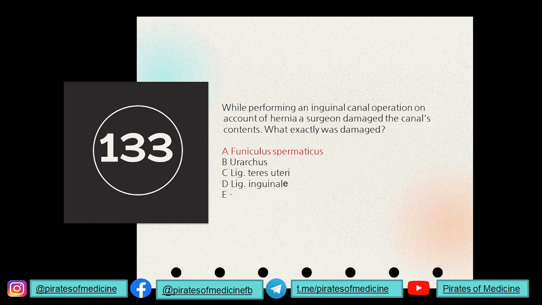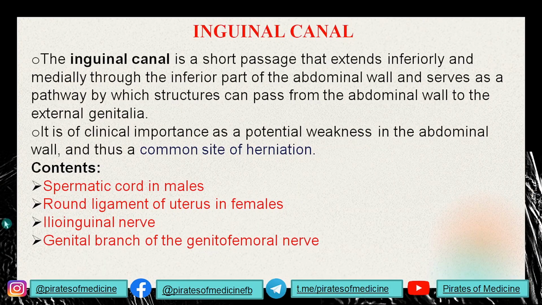So the thing to notice here is that they have also given the round ligament of the uterus in the options. So they have not mentioned whether the patient is male or female. But the thing to remember is that in males, there are more chances of inguinal hernia. The epidemiology statistics are that males suffer from inguinal hernia more. So we need to answer from the perspective of a male patient, and the answer is funiculus spermaticus. This will happen only in KROK, don't worry. But go for funiculus spermaticus if it is present in the options. If it is not, go for round ligament of uterus.